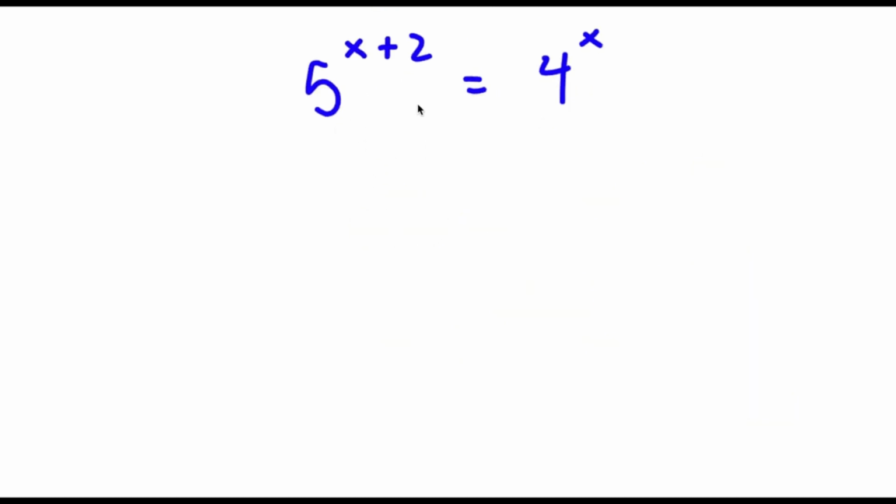Alright, so I have 5 to the power of x plus 2 is equal to 4 to the power of x. Now, I obviously want to find the value of x for this. So for my solution,